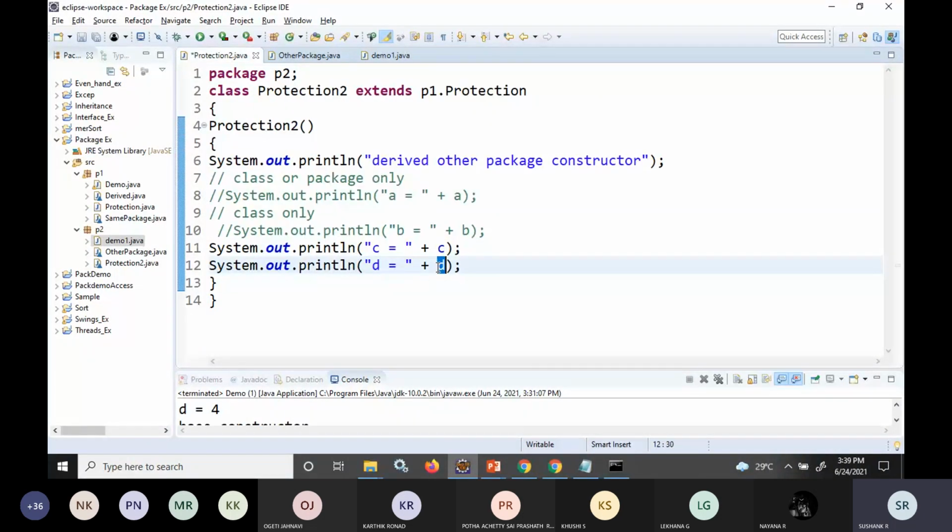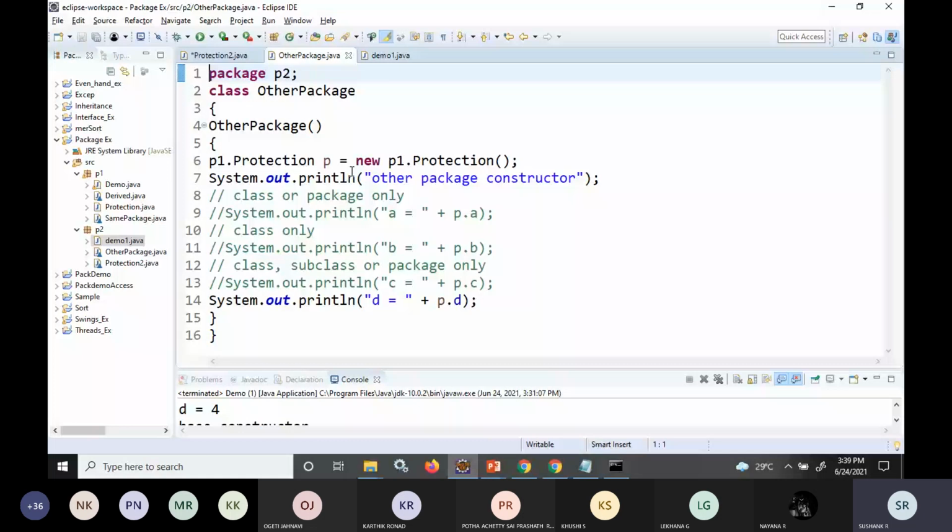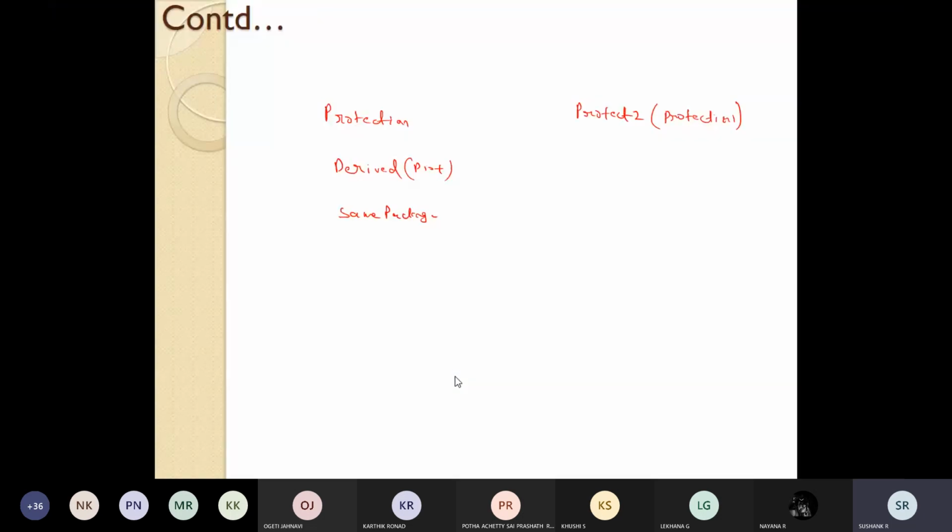Similarly, I have other package. Other package means one more class. See, other package means some other class, which is not having any relationship with this class.